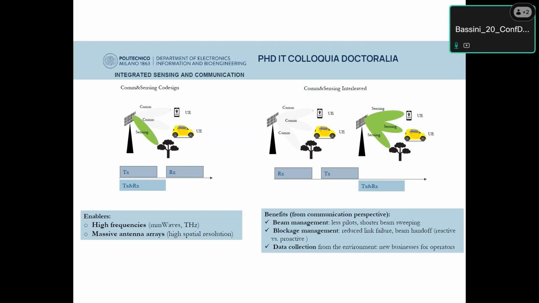And what are the benefits of doing this? We can have improved beam management. Of course, we are using high frequencies for performing sensing and communication because we need a lot of bandwidth and we need a very high data rate. And so we are improving the beam. And also we have to deal with blockage. In this kind of scenario, the communication is directive, and the attenuation is very high in case of an obstacle within this link. And of course, data collection of what is the surrounding.